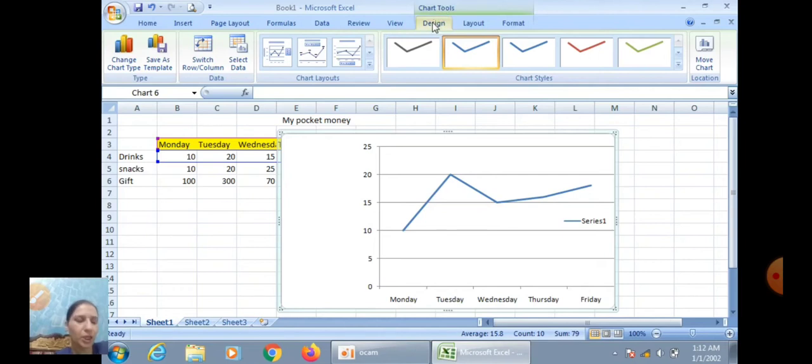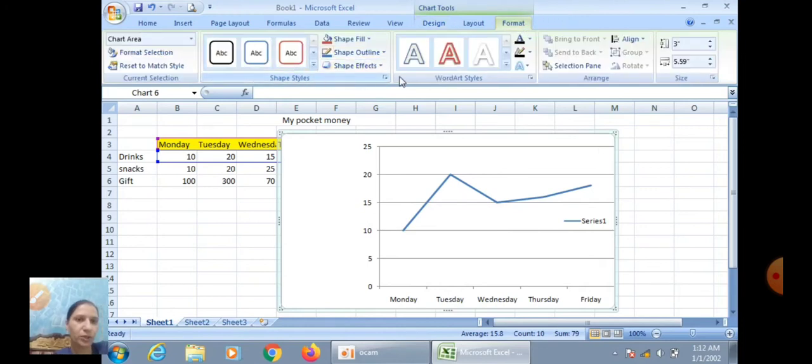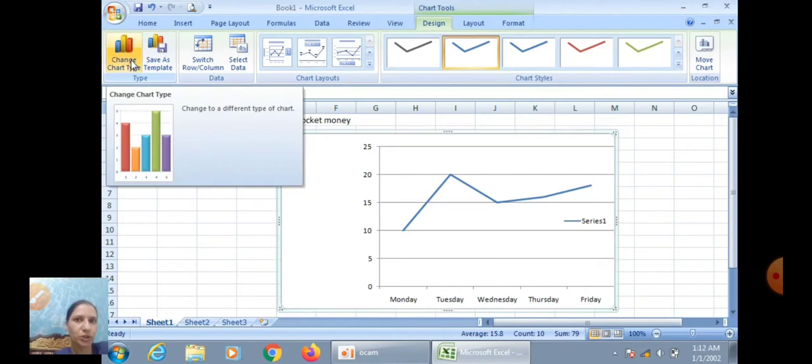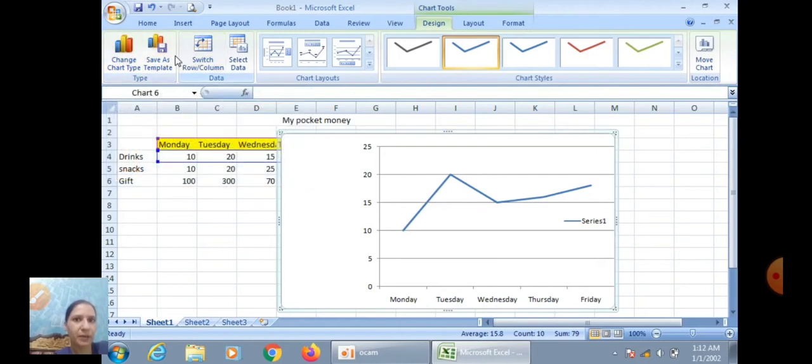Now chart tools. When you select a chart, once your chart is selected, you can click on the chart tools, and in chart tools we have two buttons, design and format. You can change your chart type, save as a template, switch rows and columns, select the particular data you want to select. Then we have chart styles.